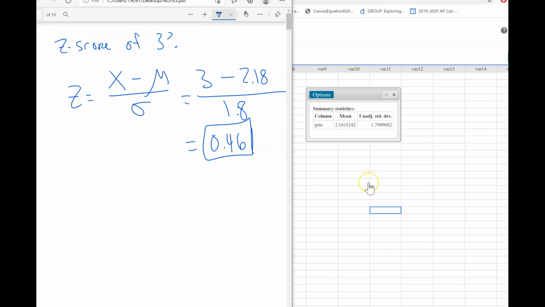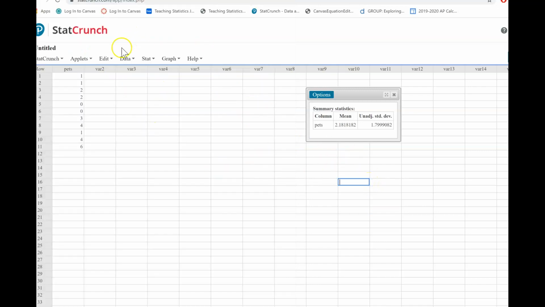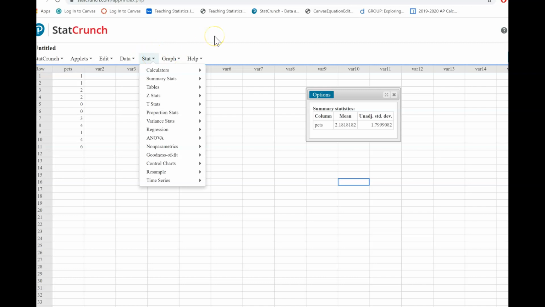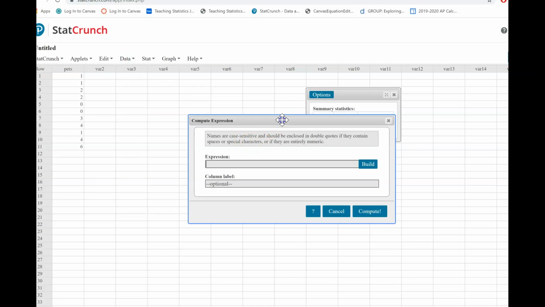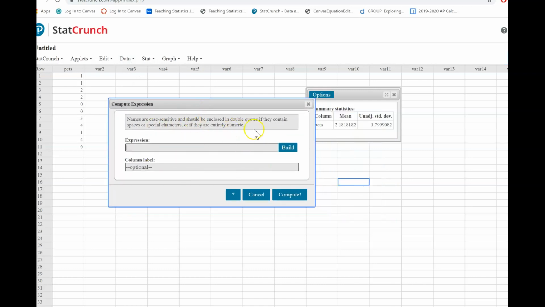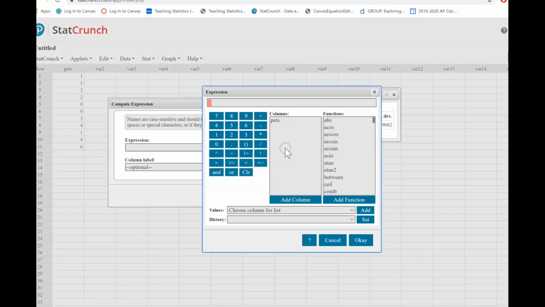Another way you can do it is using StatCrunch itself. It does involve a little bit more. You click on Data. If you're lazy, or you don't trust yourself with the calculator, click on Data, go down to Compute, and then click on Expression. Here you're going to see this weird little window. Click on Build. Then press a set of parentheses to put the numerator. What was it? It was 3